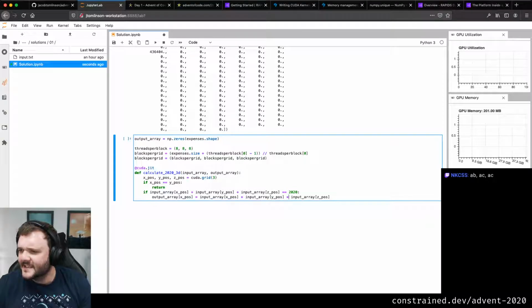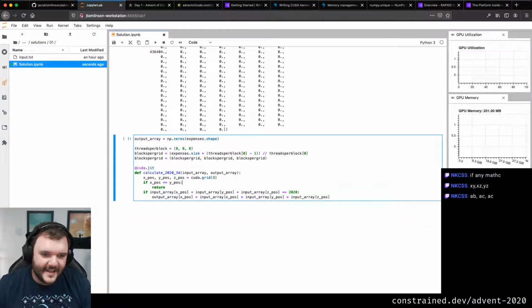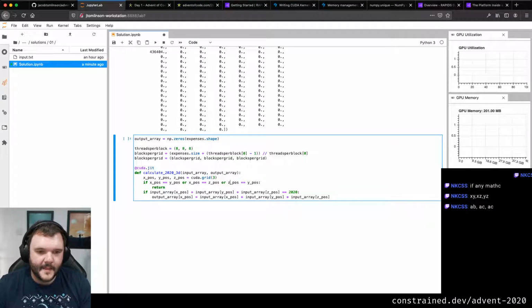AB, AC, AC. You mean as in like? Yeah, okay. I think you typoed the first one, which is what confused me, right? So if that equals that, or that equals that, or that equals that, and then it'd be X, Z, or Z, Y, if any of those are equal, then skip that.